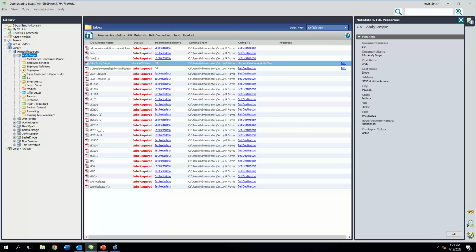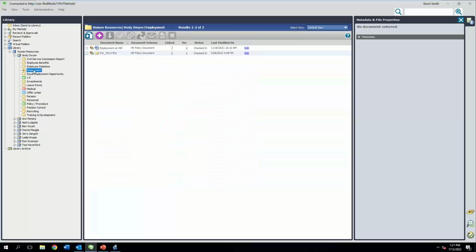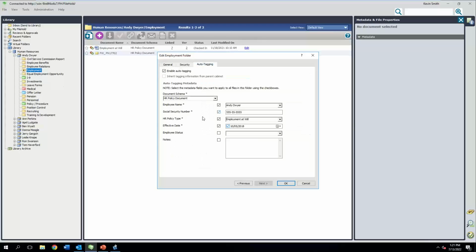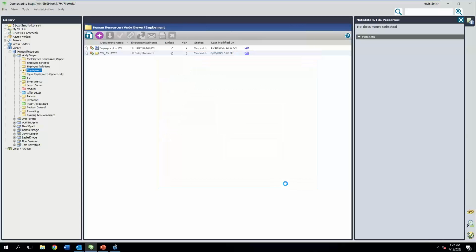It's going to be hard to see, but there's a little A icon on this employment folder. If I go into that folder and right click and go to properties, what you'll see is I've turned on an auto tagging rule. This rule already knows who Andy is. It knows his name, his social, the kind of document I'm expecting in this room, an effective date potentially, the employee status, anything you want could be set up in here. It could be any document schema. So the idea might be that you would have a folder that has automation for each type of schema that you want. But since that rule has been established, what will happen now is that